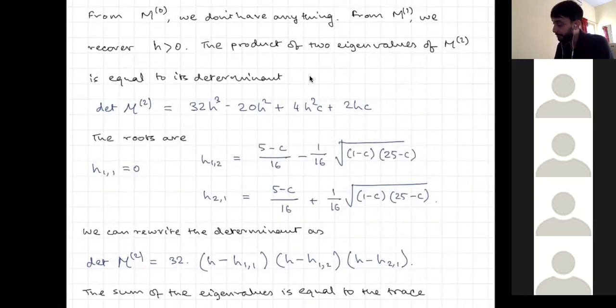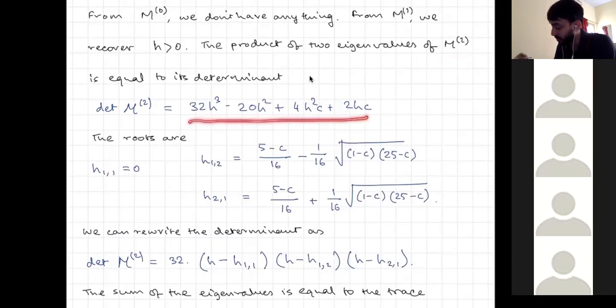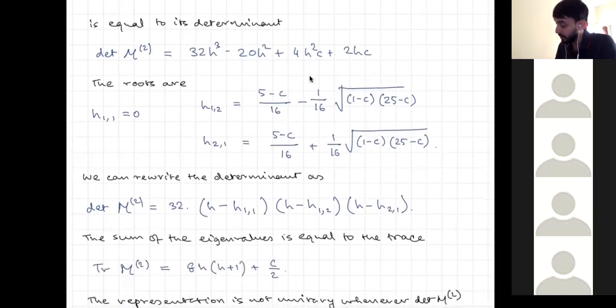Okay. So the product of the two eigenvalues of M2 is equal to its determinant. So let's find out what that is. If you look at what the determinant is, it turns out to be this guy here. And the roots of the determinant are given by, you can factor out an h from here, and then there'll be 2 more. So you can rewrite this determinant as